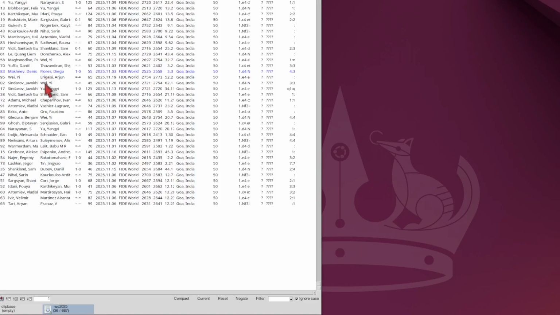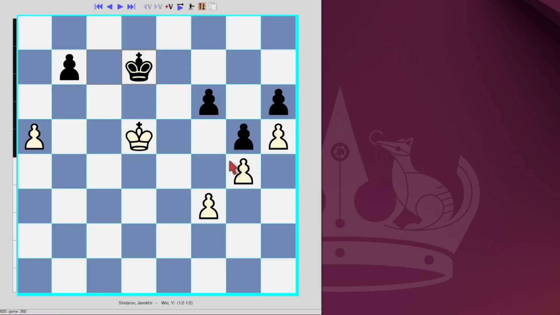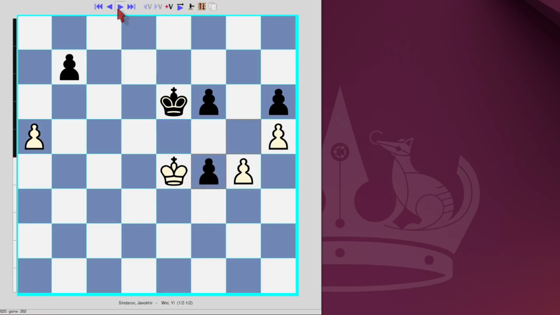We go to this one. I said we're going to go back to exactly this one. And we're going to look at this position from a few moves later on from this position. Okay, cool. So I just wanted to show you the workflow. Very easy to get these games from the internet, and then very easy to filter them within SCID